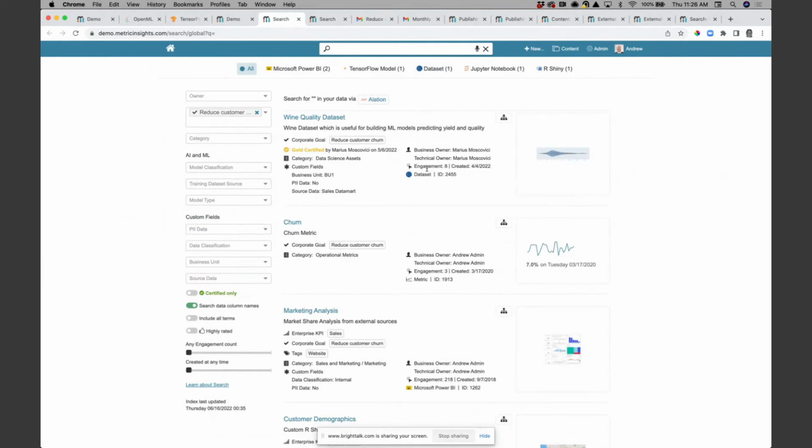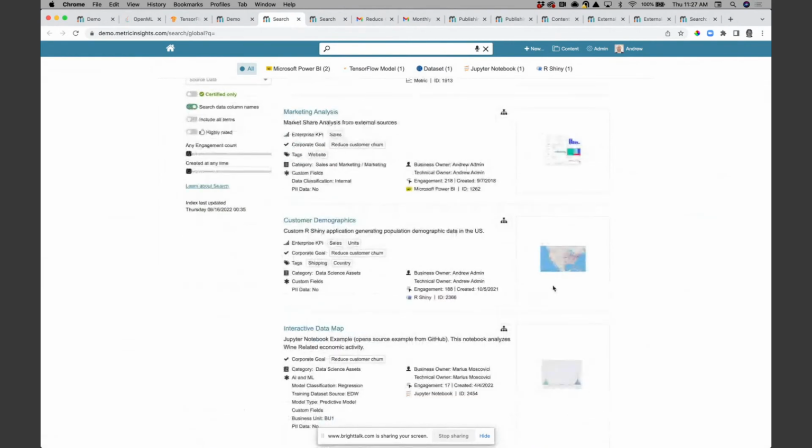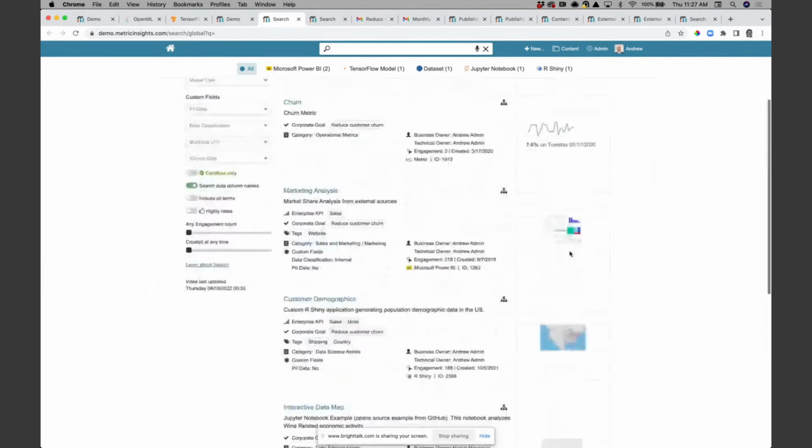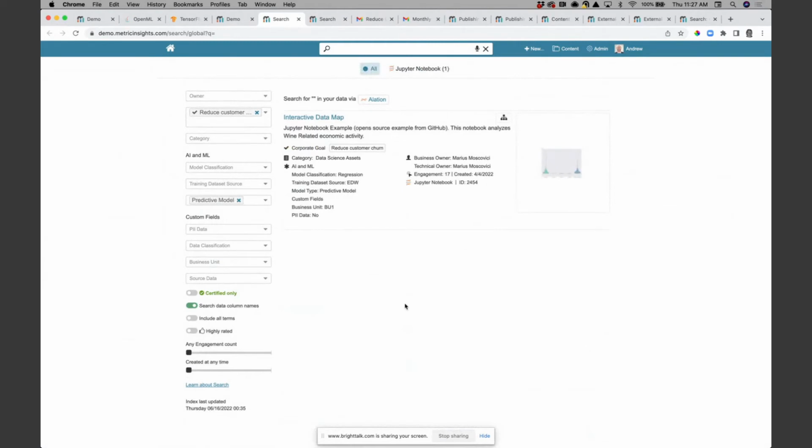So by clicking on that objective, it's taken me into the search here. It's filtering by that particular tag, and it's bringing me back all the assets, the data sets, the metrics, the dashboards, regardless of source, the analysis, the models that are all associated with trying to achieve that objective. And within the search, I might go and filter that down more. So what I'm actually looking for is a predictive model around customer churn. And so I can start to filter out that search. But again, it aids the user in the discoverability of trying to understand what assets and content are out there that might help me.